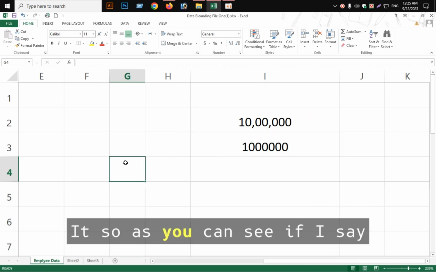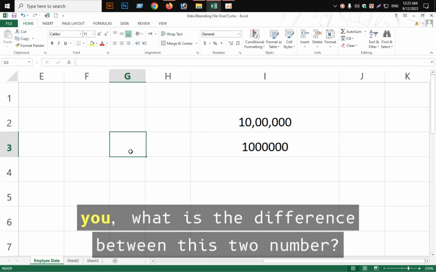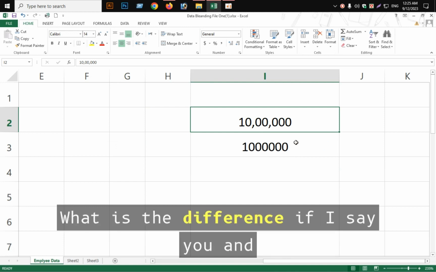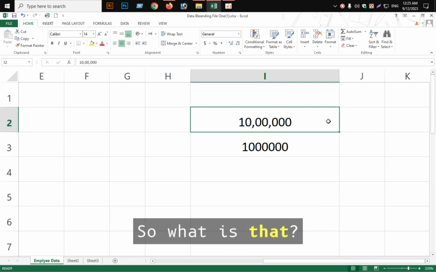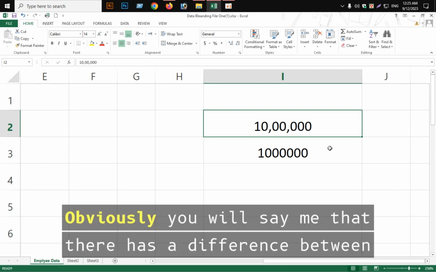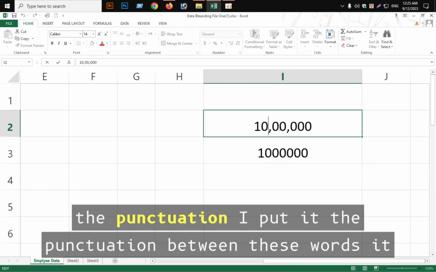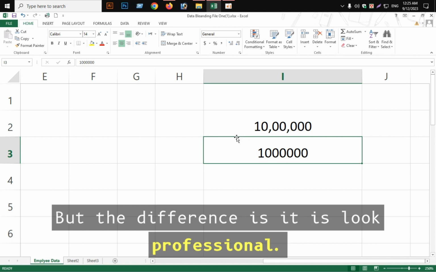So as you can see, if I ask you what is the difference between these two numbers, and maybe this is a question I'm asking you right now, you will obviously say that there is a difference in the punctuation. I put the punctuation between these words. It is 10 lakhs and it is also 10 lakhs, but the difference is it looks professional,